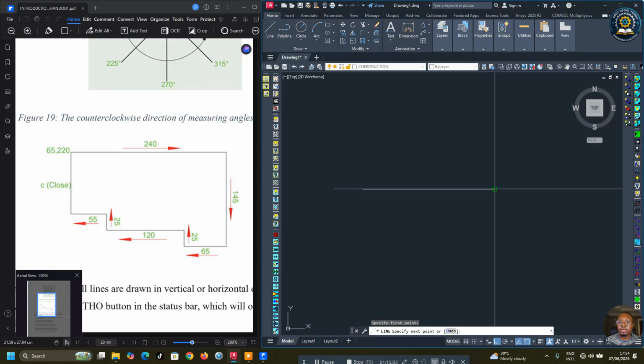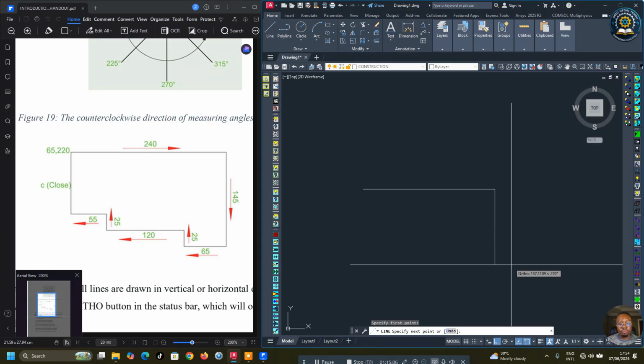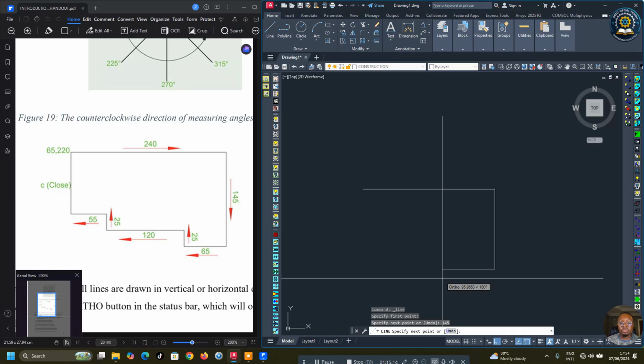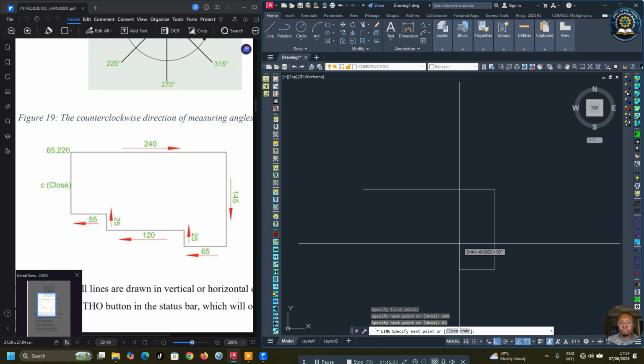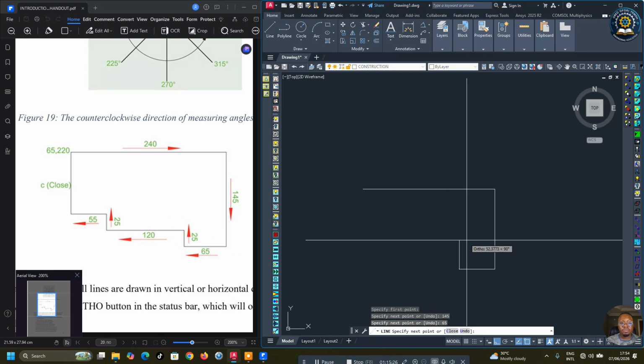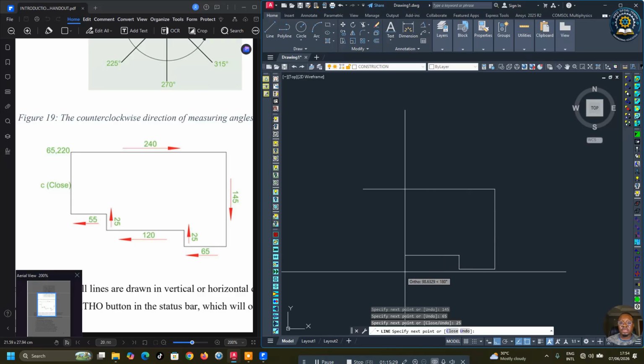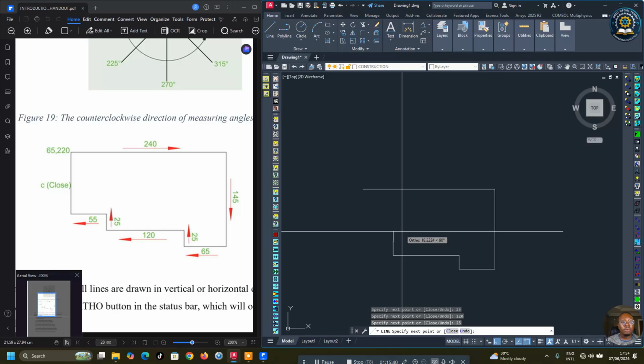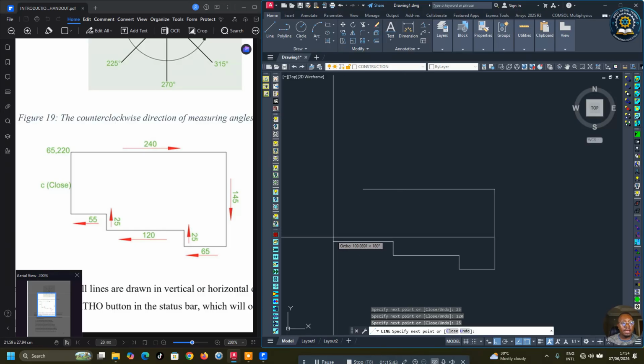So you click on the end point of the line, move the cursor down, type 145, press enter. Then you move the cursor in this direction, enter 65, press enter, move upward, and then type 25, move in this direction again, type 120, enter, move up again, enter 25, move in this direction again, enter 55,